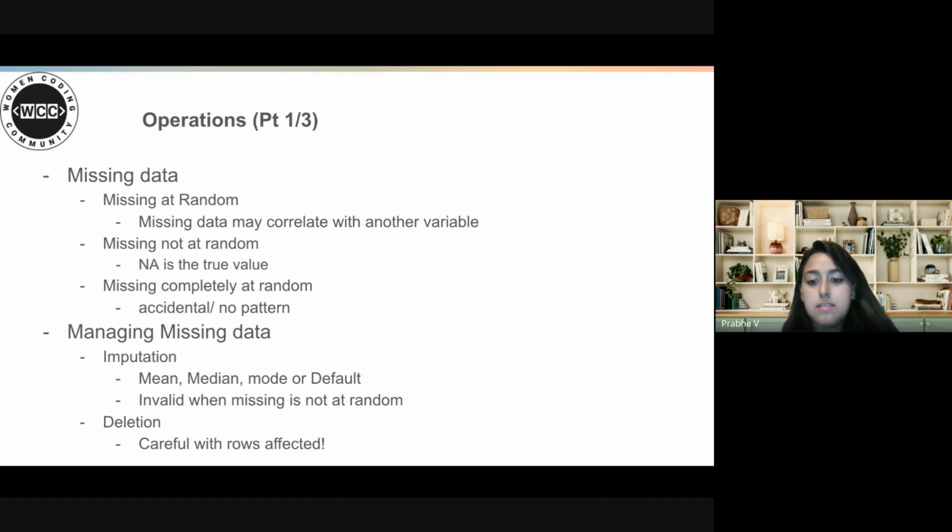In text or other kinds of data sets, sometimes you can use a default value. Sometimes even in numerical data, you can use a default of 0 to impute a lot of missing data. Again, this might also skew your data distribution, so you have to be a bit careful before you start imputing it. And a lot of people tend to also delete rows that have data missing. This can be useful if the proportion of missing data is quite low. Or if it is quite significant, it's worth investigating why there's so much missing data.